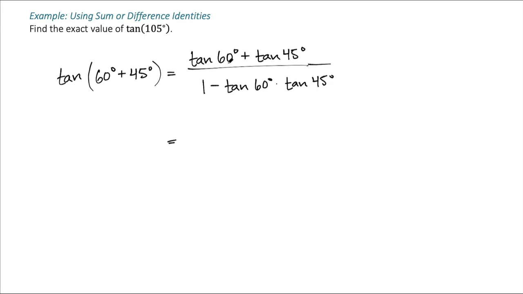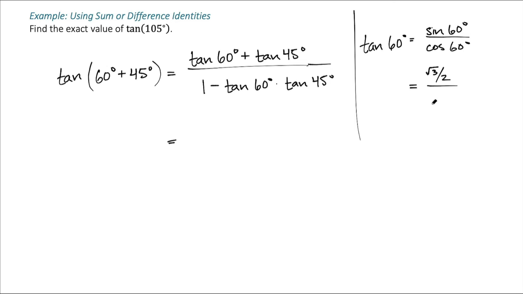Okay, so tangent of 60 degrees, and I actually don't usually just memorize the tangent, but you can get them from sine and cosine if you'd like. I'm going to go ahead and just show kind of the process for one of those. So over here, if I was to do looking for the tangent of 60 degrees, I would find the sine of 60 degrees and then divide by the cosine of 60 degrees. Okay, so you don't have to have all the tangent values memorized because you can get them from sine and cosine. So sine of 60 degrees is the square root of 3 over 2, and cosine of 60 degrees is